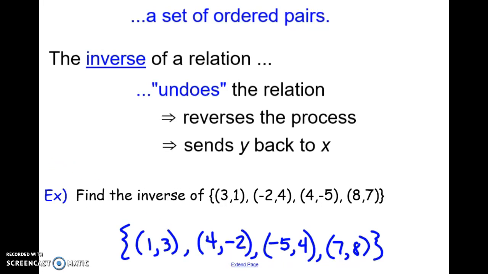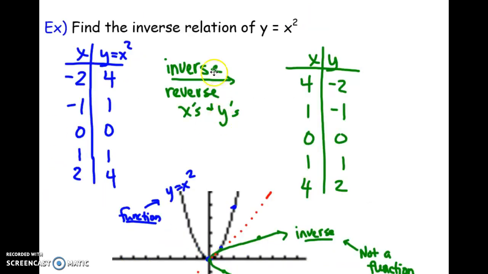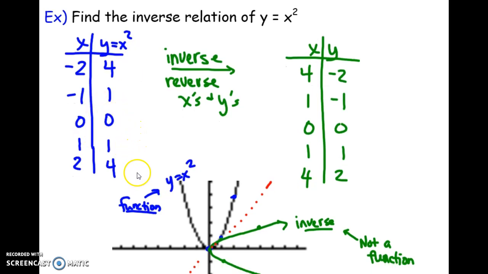All right, let's take a look at an example where we have a formula given. This is a familiar one to us, y equals x squared. We can set up an xy table so we can get some ordered pairs to look at. So I'm going to pick some negative x's, plug those in, pick some positive x's, plug those in, and see what we come up with. So -2, and if I'm plugging into my formula, x squared, I would get 4. -1, I'd get 1, 0, 0, 1, 1, 2, 4, etc. All right, so we graph that and we get this very familiar upward opening parabola, which is a function because